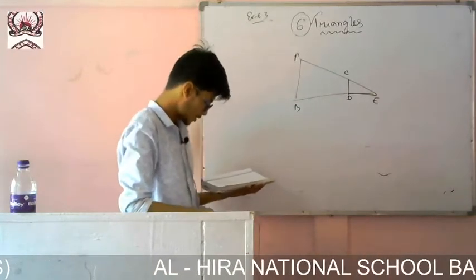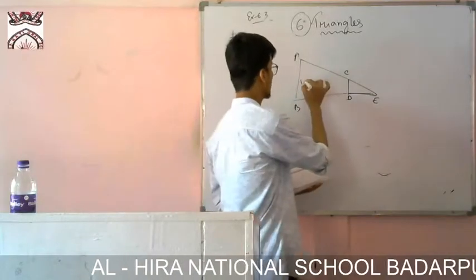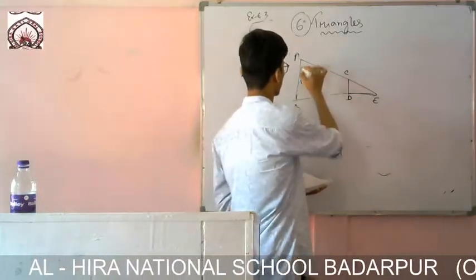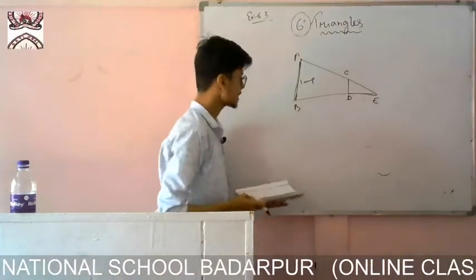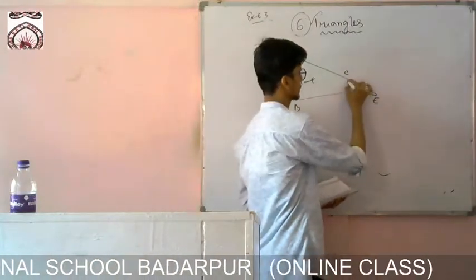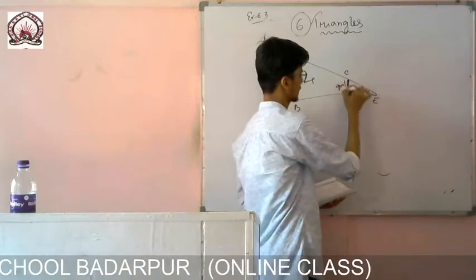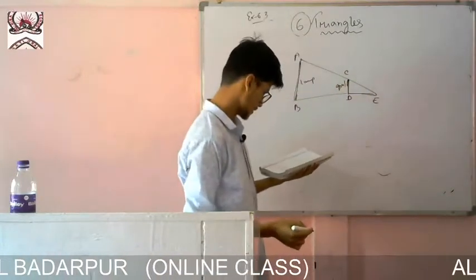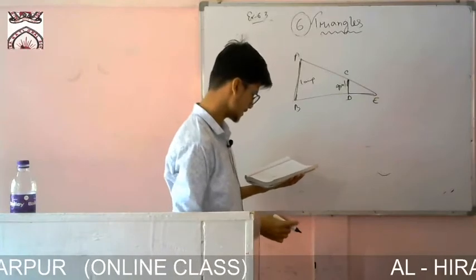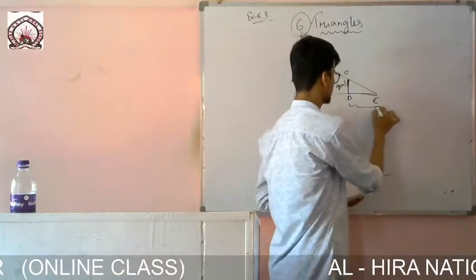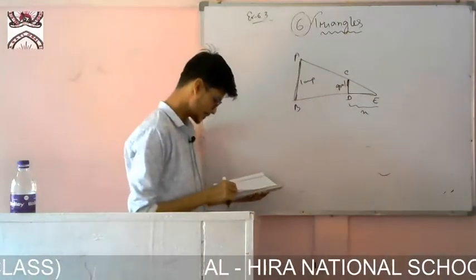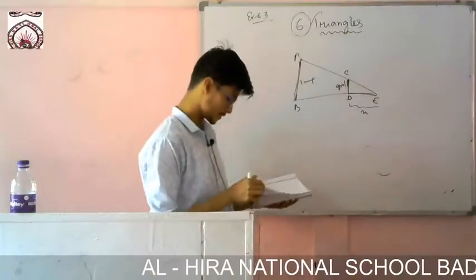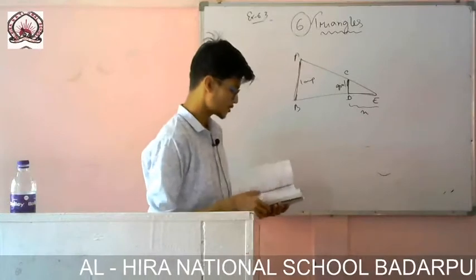Okay. So AB has been given as the lamp. This one is the lamp post. Then what is there? CD is the girl. This is the girl. Okay. And after 4 seconds, DE, this is her shadow. Okay. So you have to find this one. So let DE be x. Let DE be x meter. So you have to find this one.